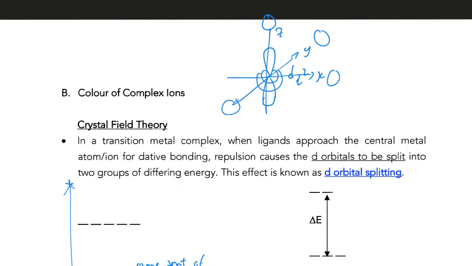Now, of course, that will form a dative bond in the sigma bonding, but not only that, as they approach here, the dz square orbital will actually, because there are electrons in it and there are electrons in the incoming dative bonding, have repulsion here. So the dz square orbital will actually have higher energy comparatively to, for example, if I were to draw for you the